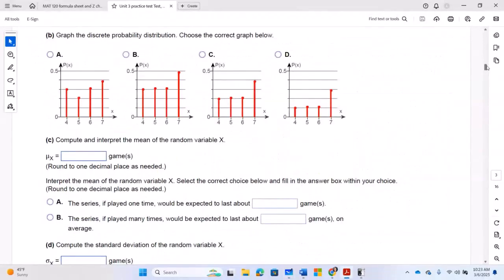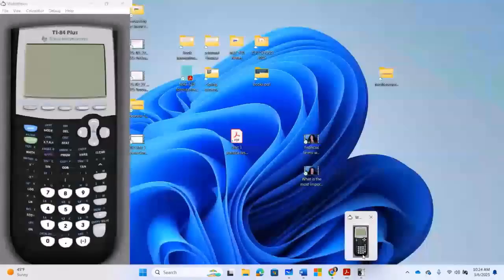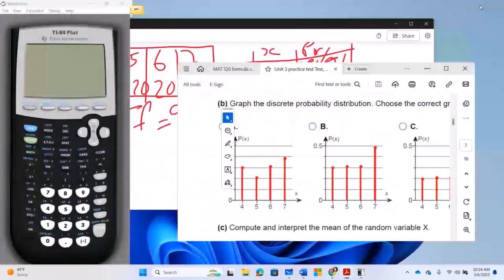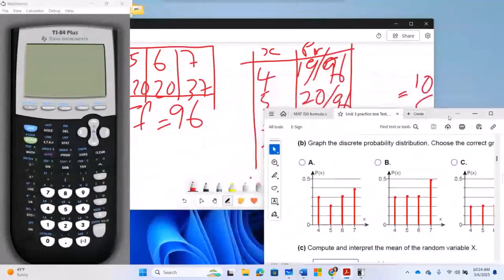But remember that the graph of a distribution has to be lines. They cannot be histograms. Okay, let me put it in my calculator. So let's do it together. I'm going to put it in my calculator, go back to my whiteboard, and then put x, the random variable, in L1,